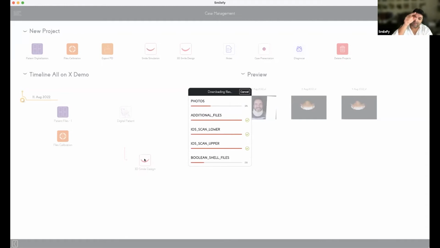Add the connector, like a pipe that connects all the teeth together and union them, right? And then with the scan bodies and with the implant position, you can define your position for the implants.